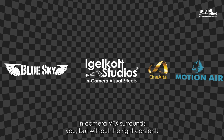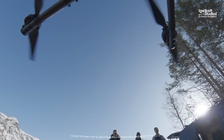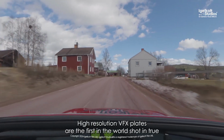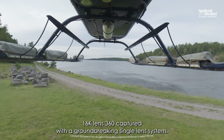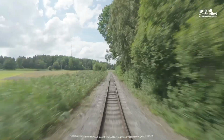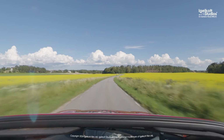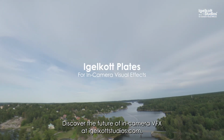In-camera VFX surrounds you, but without the right content, it's just an empty screen. EagleCut Plates, our exclusive high-resolution VFX plates, are the first in the world shot in true 16K one-lens 360, captured with a groundbreaking single-lens system, no stitching, no limits. We travel the world to bring the best plates for your project. Discover the future of in-camera VFX at